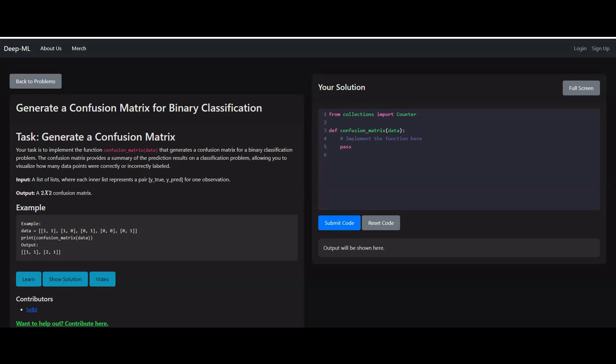Now, this is a question that's part of a series of questions. I'm going to make a video on the one that comes after this one, but this one is thought for beginners. And so most of what I'm going to explain here in the video is going to be geared towards absolute beginners who are just getting exposed to the concept of confusion matrix and have no idea how to code it up. If you're a more advanced person, you may have been able to figure out how to code this